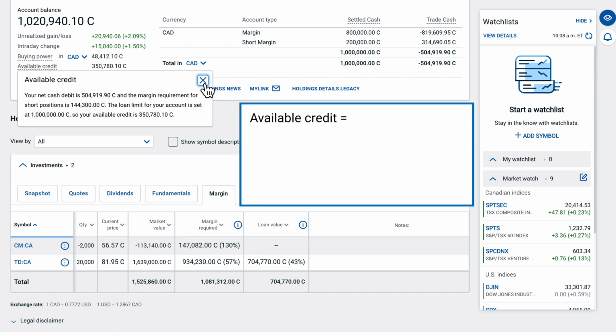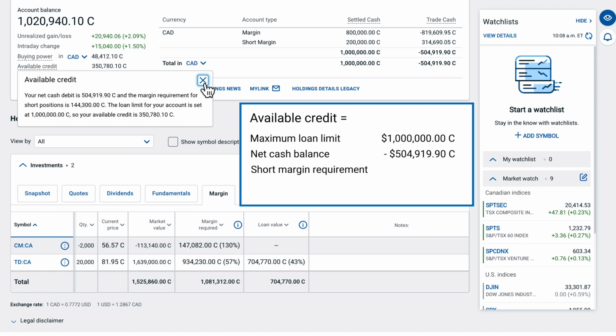It is calculated by taking the maximum loan limit for your account and subtracting your current net cash debit balance, and then subtracting the margin requirement for any short positions. In this case, we have a maximum loan limit of $1 million for this account. If we subtract the $504,919.90 net cash debit, and then subtract the margin requirement for short positions in the account, which is $144,300, then we get our available credit value of